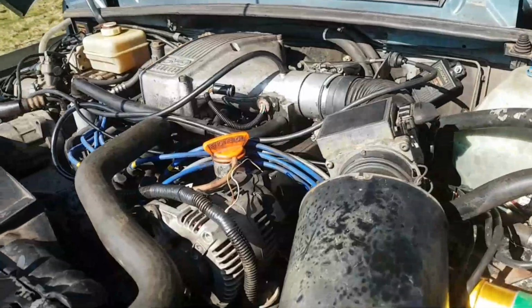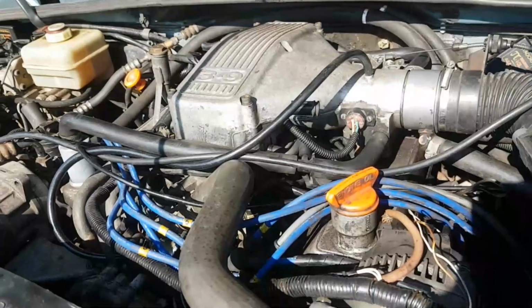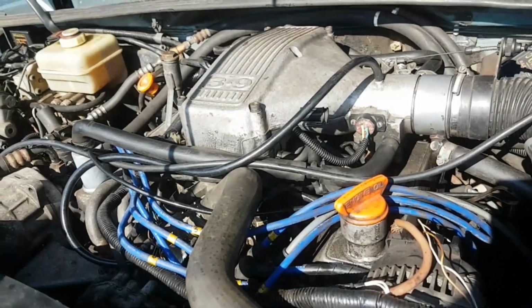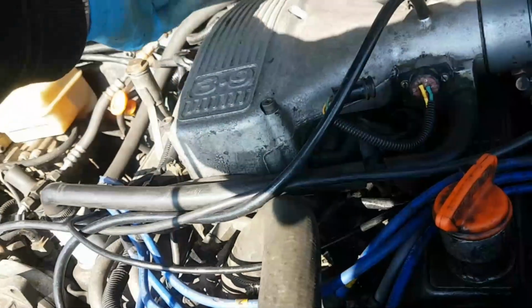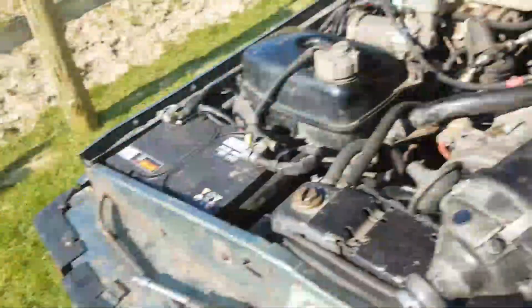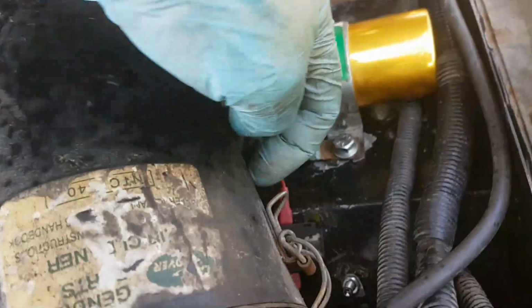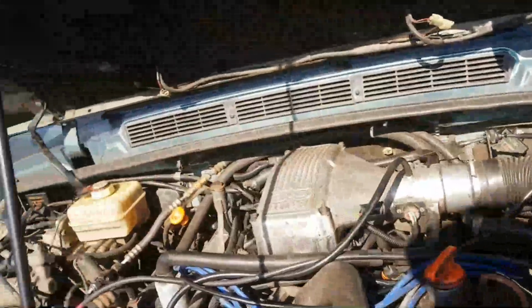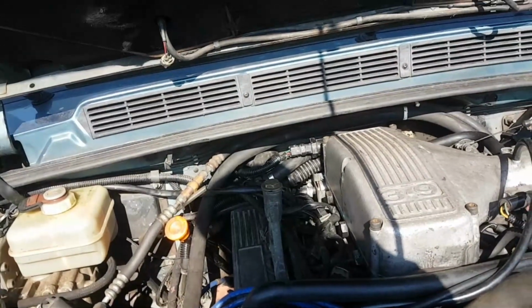Right, so spark. When you're testing a spark, the book says the spark needs to jump 6 mil. And originally, as you saw in the manual, I just took the king lead off the top of the distributor, and I wedged a bolt in it and I rested it, and it was about 6 mil off the top of the plenum. I even created another engine earth using a jump lead across the battery negative, just in case. You can see I've cleaned up the earth down here, cleaned some of the paint away, and made a new earth for the coil, and the engine earth, that's the engine earth there, one of the engine earths. So I wanted to make sure that it had a good circuit, and I was getting a spark of 6 mil, reasonable enough,